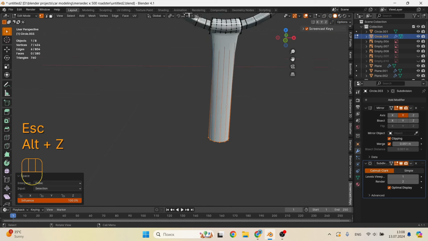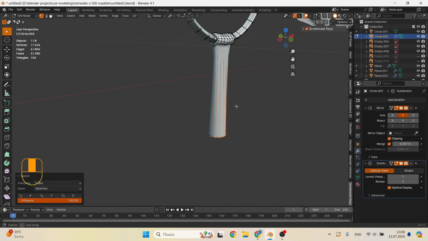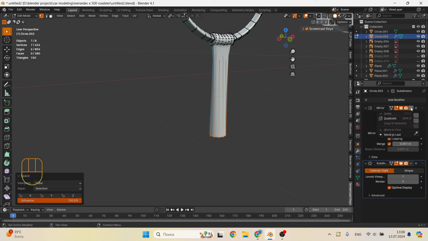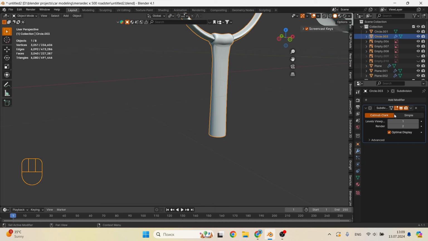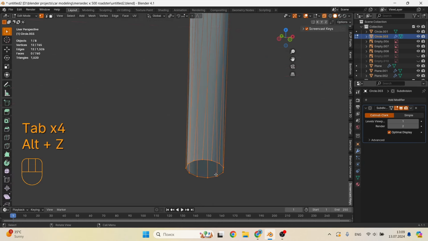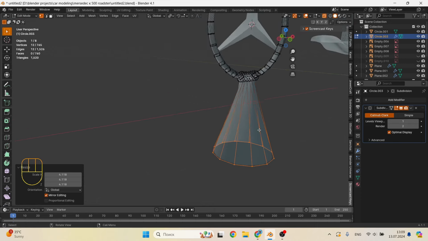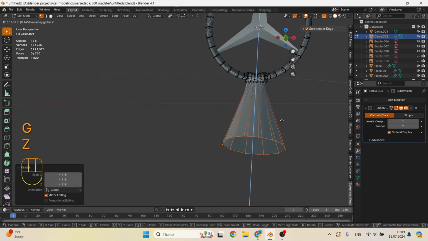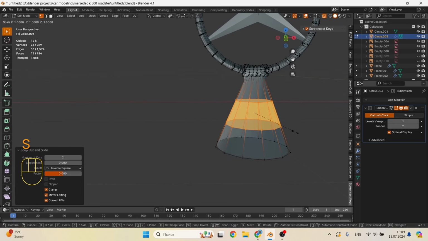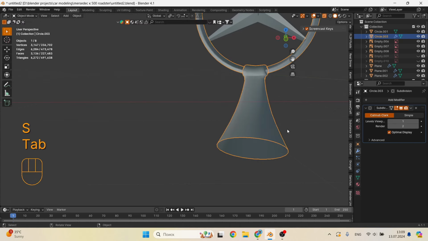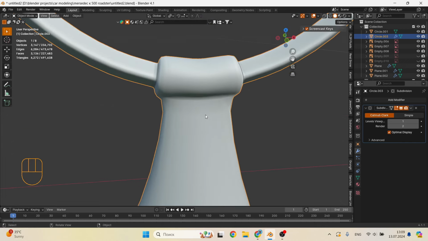But we cannot increase the diameter of the circle because the mirror modifier interferes. It must be applied. After which, using the S button, we increase the diameter of the circle. Add a couple of edge loops and pull them together to get a semblance of a pyramid. And also add several edge loops for a clearer surface.